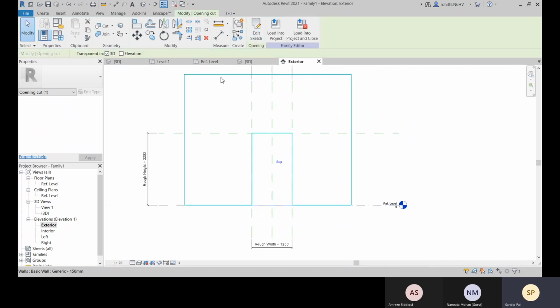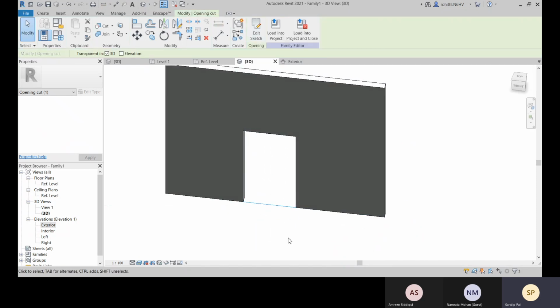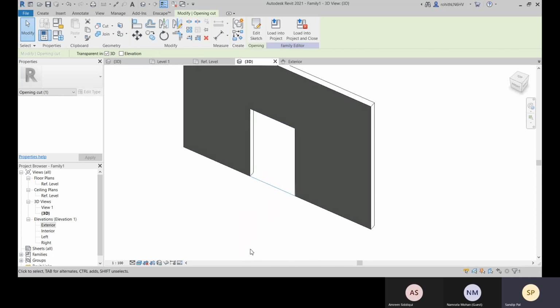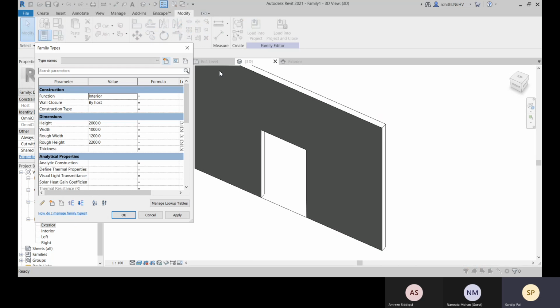Okay, and then we will have this opening over there. Now always check with these options. Let's check that if it is working properly or not.